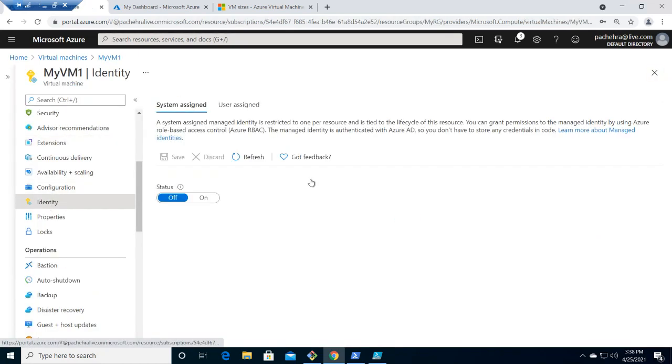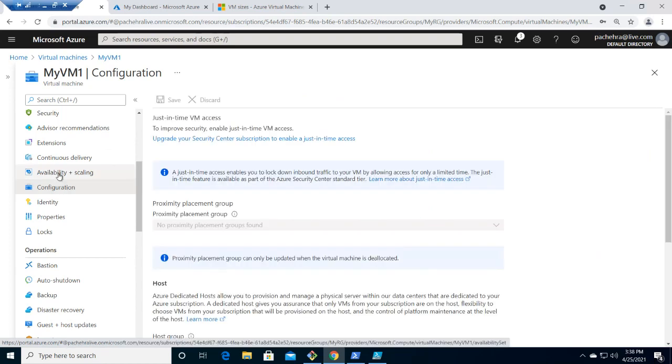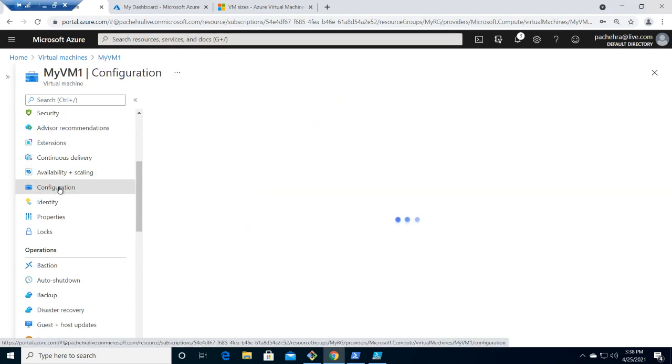Identity I've covered. This is the managed identities. That means you can give the permissions to the virtual machine itself, which is very helpful from a security perspective. When you're using Vault and your applications are working, you can save the credentials in the Vault and give the permissions to the virtual machine rather than giving them to the individual users. So we have two kinds, system and user. Now availability and scalability we already covered.